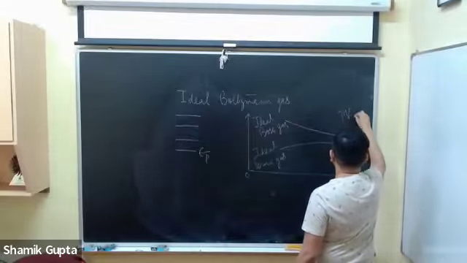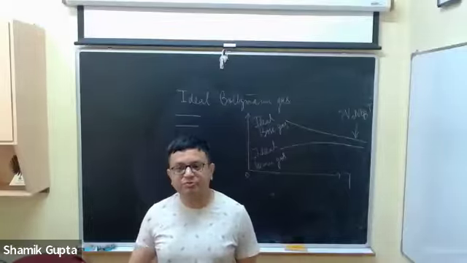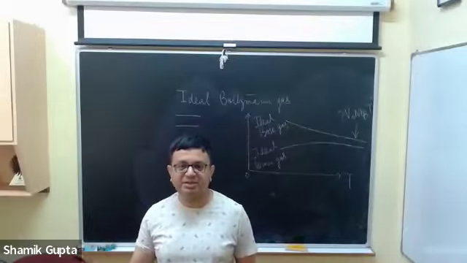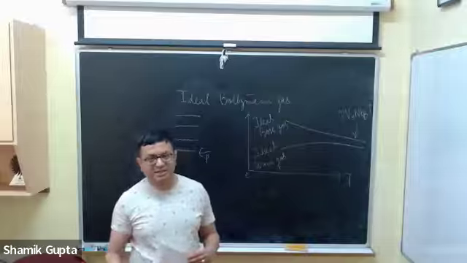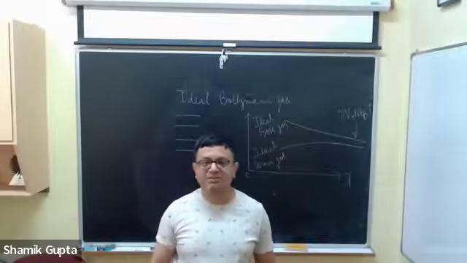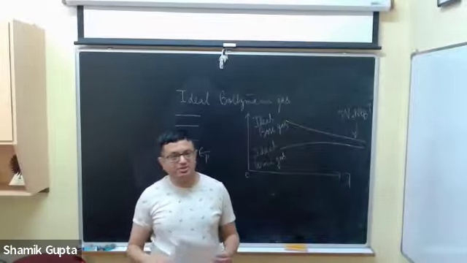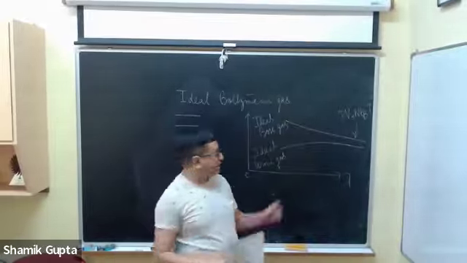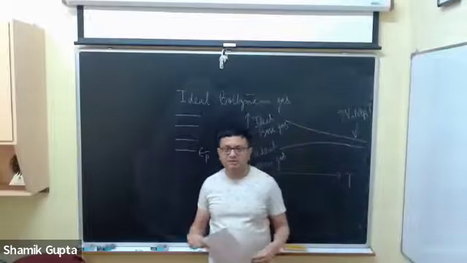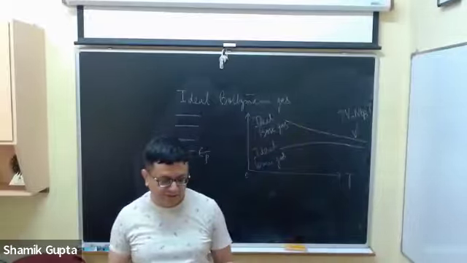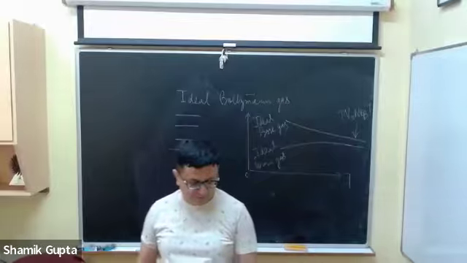So now the question that one asks is: is there a gas, some imaginary gas that one can imagine, for which I don't have to take any limit? At any temperature, I will get the ideal gas. What is that gas like? What sort of quantum gas do I have to consider, which is neither Fermi nor Bose, such that at any temperature, I will get PV equal to NkT? And that gas is known as the ideal Boltzmann gas.